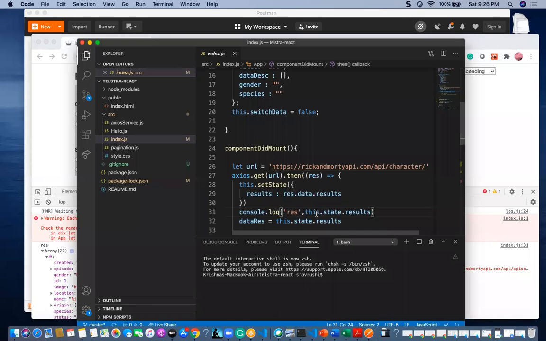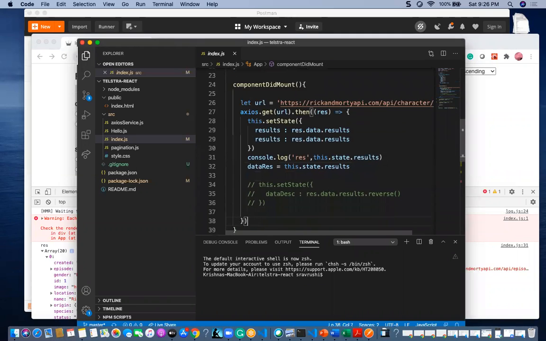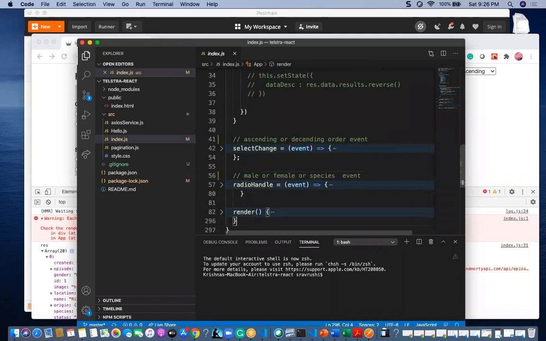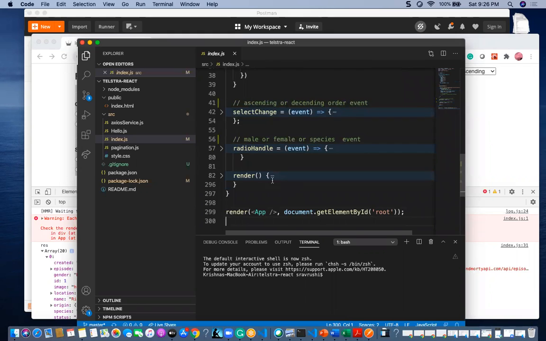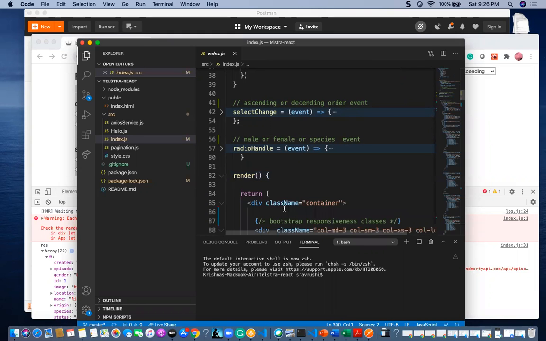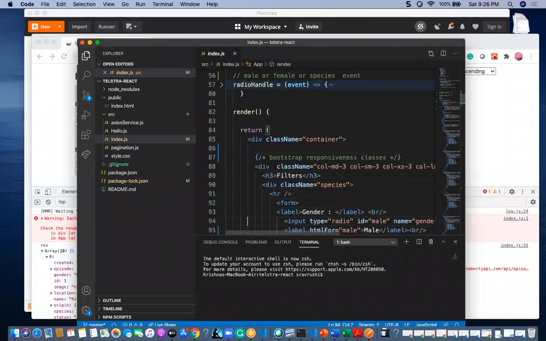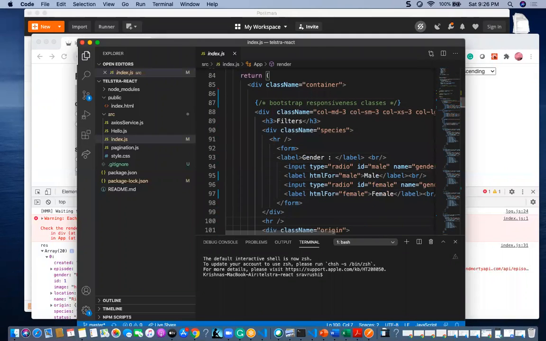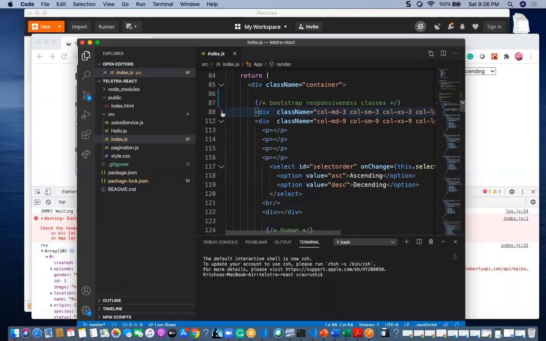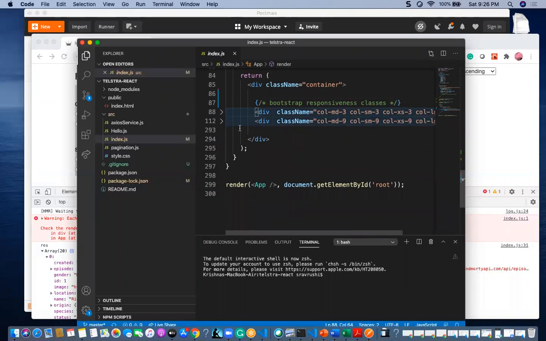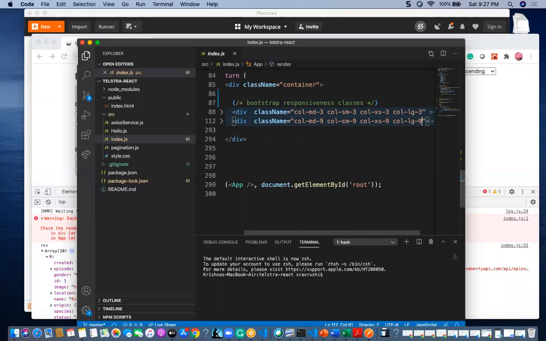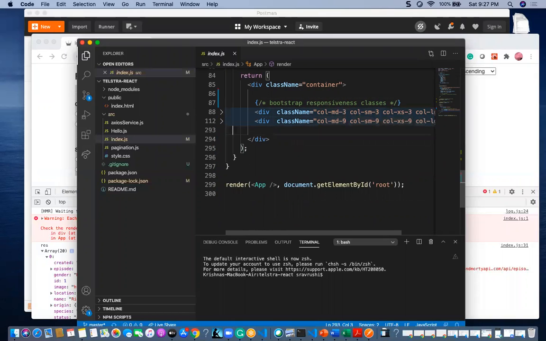Now, after getting this response, what is our next duty? We have to render that to the UI. To render that application to the UI, I created the side panel. Here you can find two things: one is the side panel, the other one is this panel.